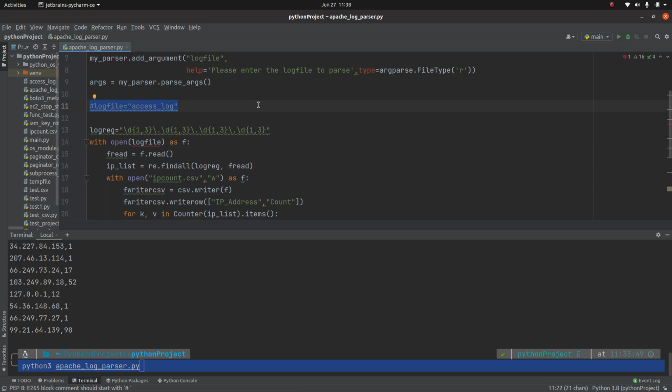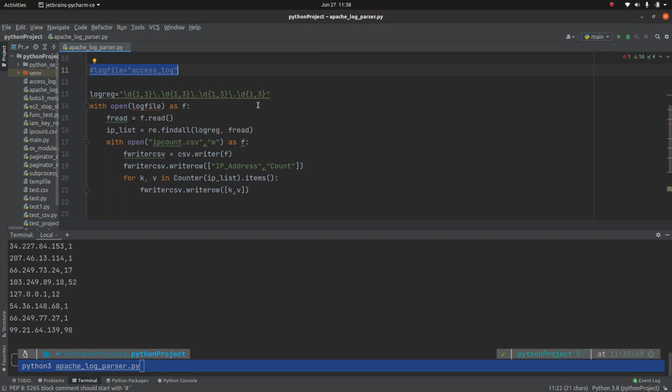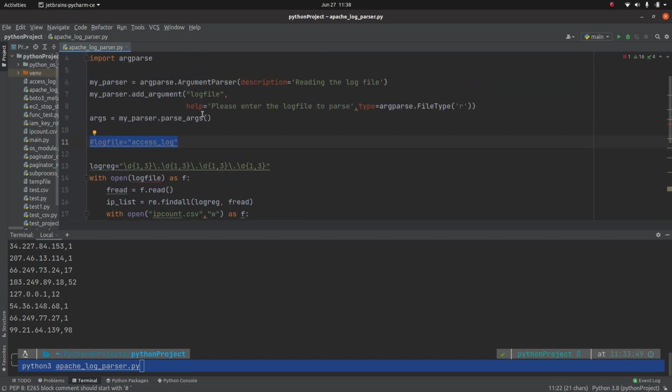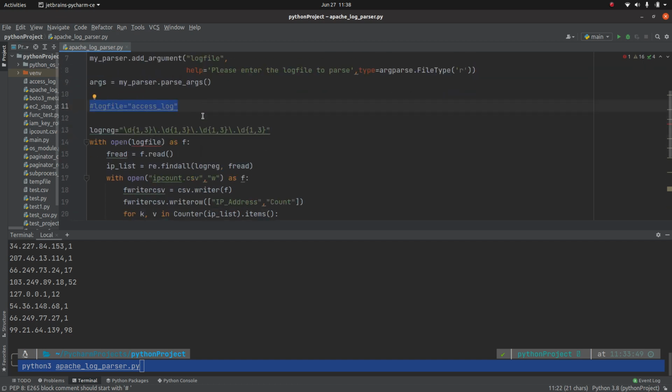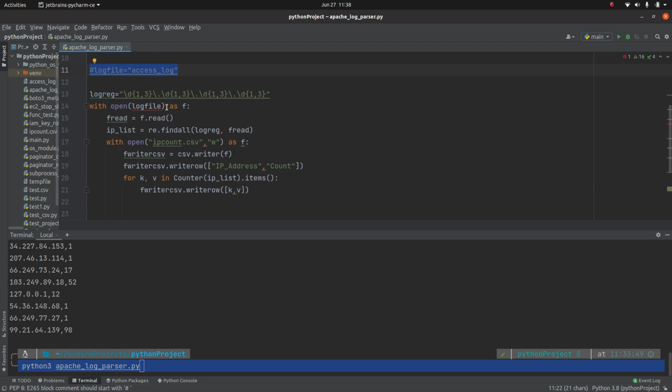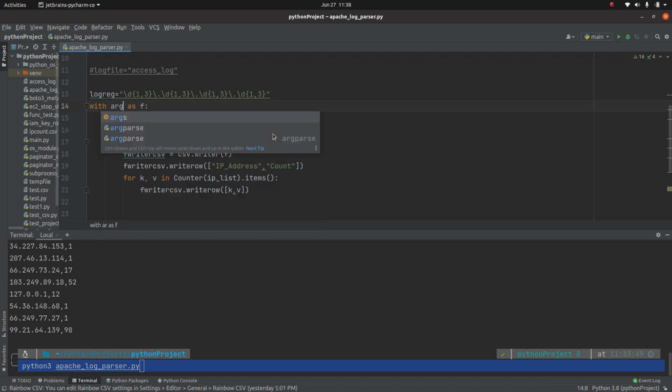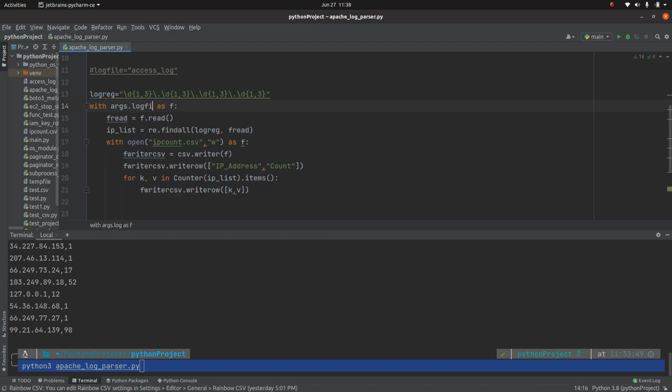Now how to use this parser that we have created in our file? The only thing you need to do here is, rather than this, you need to write args.logfile. Okay, so this is the only change you need to make in your code.